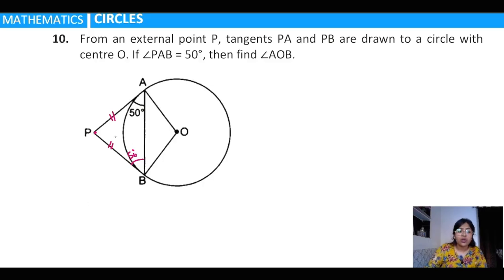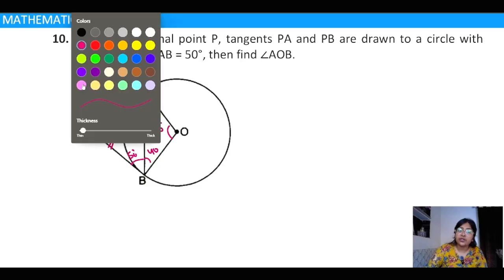Yes, very good. Or we can find the answer by another method. I'm telling you both the methods. You can use whichever you like. Okay, this angle is 50, so this angle is 40 because the sum will be 90. The radius and tangent are perpendicular to each other, as well as this angle is also 40. We can apply the angle sum property to find this angle. This angle measurement will be 100 degrees. This is the first method.